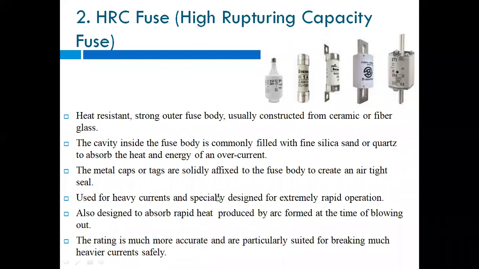Then the rating is much more accurate and particularly suited for breaking much heavier current safely. So if a high current is flowing through the circuit, this fuse protects the device from very high current, meaning its breaking is good.